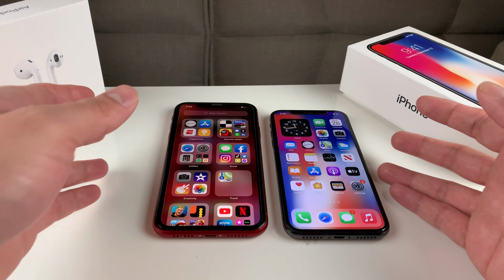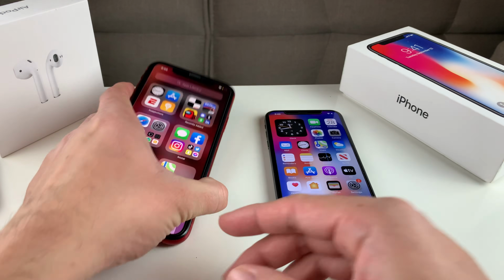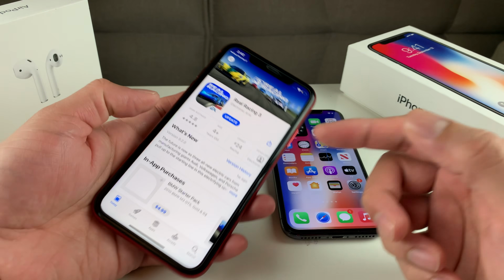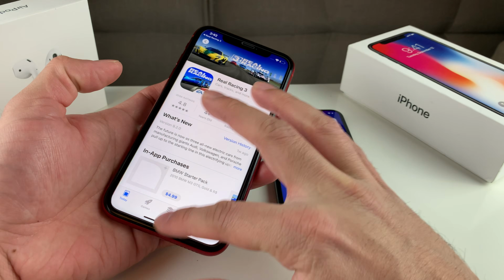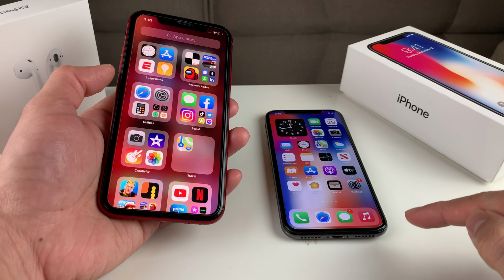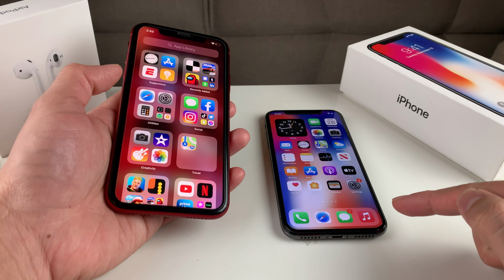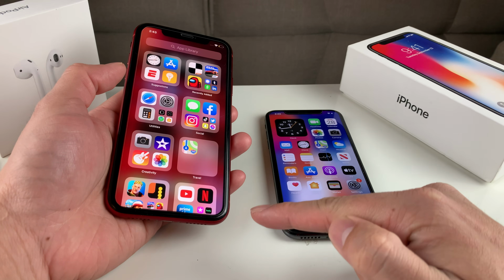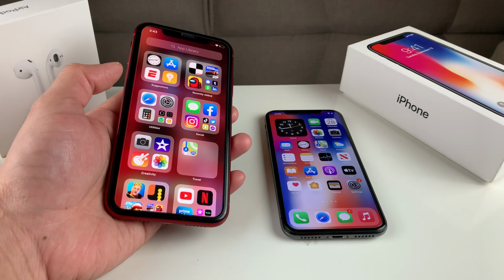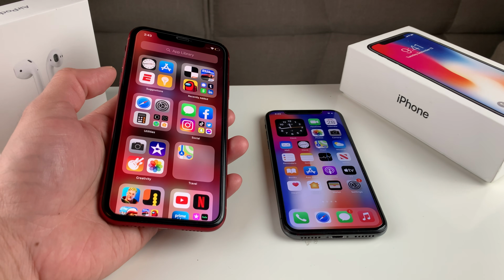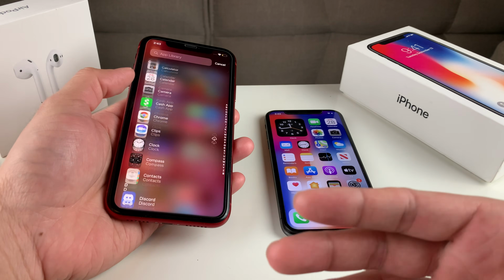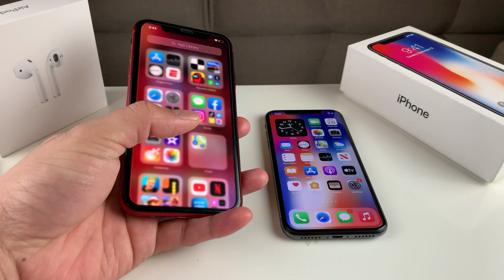And the last aspect of hardware we want to talk about is the chip, because it's really important when it comes to things like heavy gaming, heavy intensive workloads, or multitasking. The iPhone 10 has an A11 chip, which has the first generation of the Neural Engine, compared to the R, which has an upgraded A12 chip with the second generation of the Neural Engine. Of course, because the iPhone 10R was released a year later, Apple upgraded the Neural Engine on the device